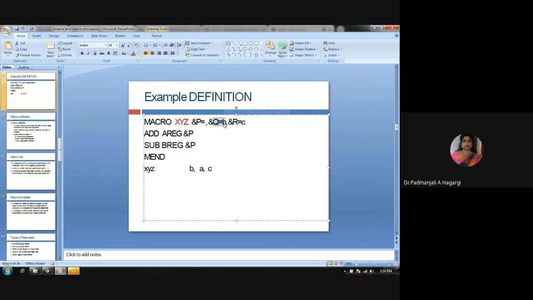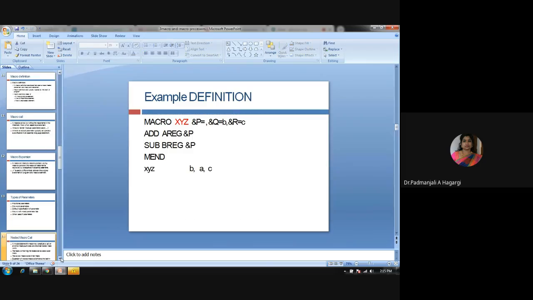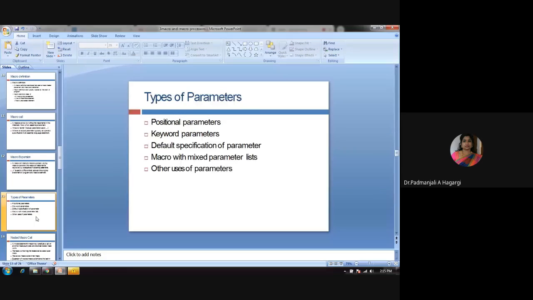Here I have given the value of B, so it will take B, and here I have given the value of C, so it will take C. But here I have not given anything, so it will take the default value of B. The default parameter values are taken when the actual parameters are assigned. There is also one more, a mixed type. I will show mixed type examples with pen and paper, and again display it on the screen.